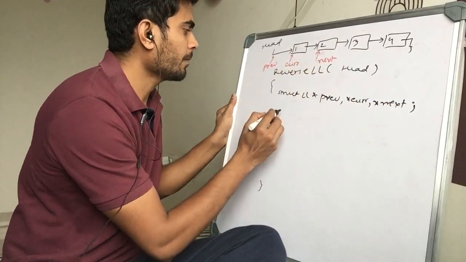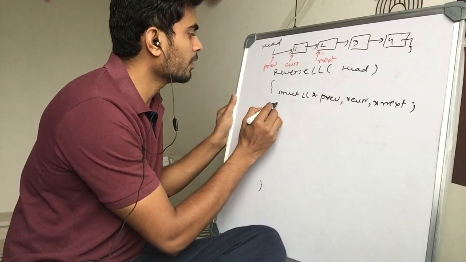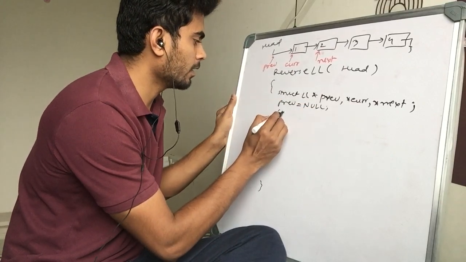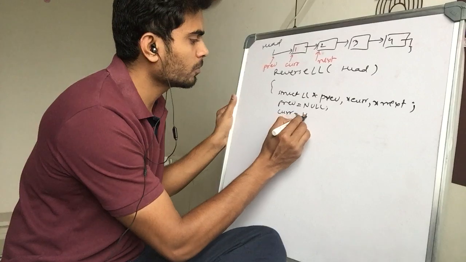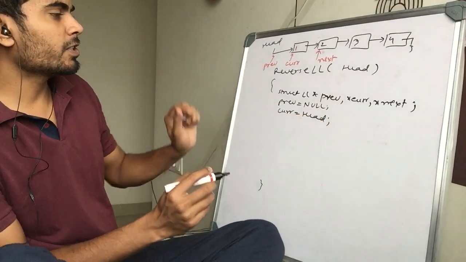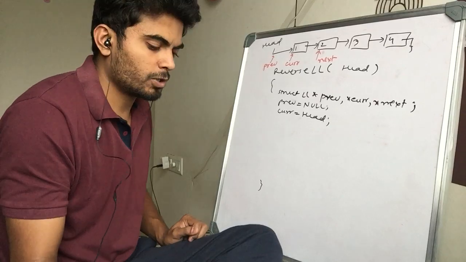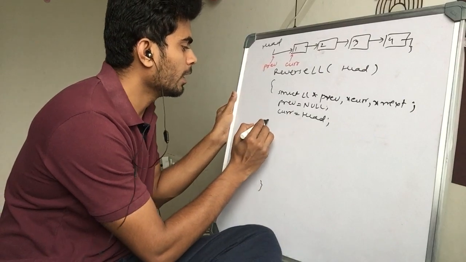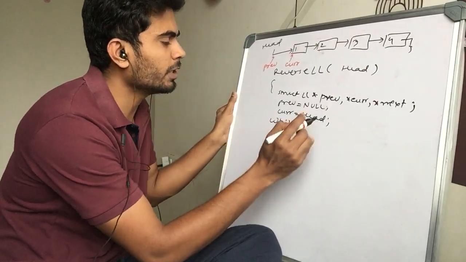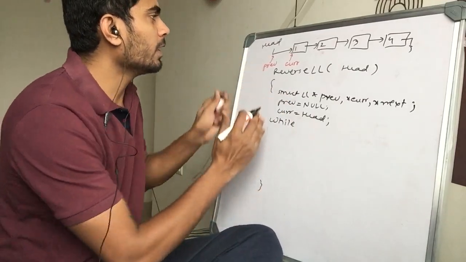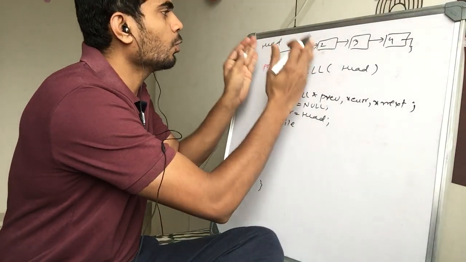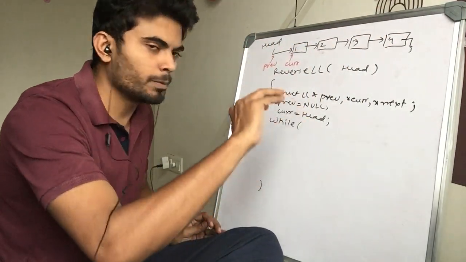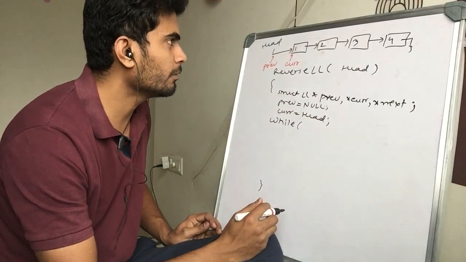So I just defined these 3, and now this previous is null, it is not pointing anywhere. Current is pointing to the head initially, and next is not set right now, because actually we don't need next in this round, or we can do this operation inside the loop. And what is this loop? Loop is going to go through each node and shifting. Each time there will be 3 pointers, and those will be shifted each time by 1. That's the whole idea, and those will be resetting the links, so that we can have the reversed linked list.